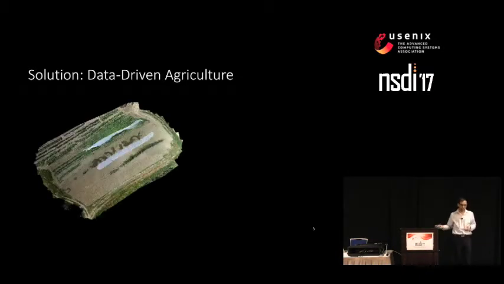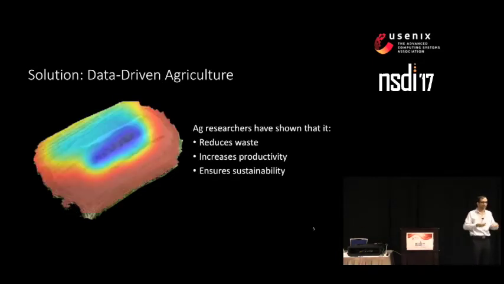Let me tell you what it means. A traditional farmer would typically treat his entire farm as one single unit. So if I want to irrigate this field, what I would do is take some finite amount of water and apply it uniformly all across it. The data-driven agriculture paradigm says that this is not the right way to go about it. Instead, what you should be doing is to measure the amount of moisture in each part of your field and then treat it accordingly. And you can think of doing something similar for different kinds of farm inputs. You can do it for fertilizers, manures, nitrogen, etc.